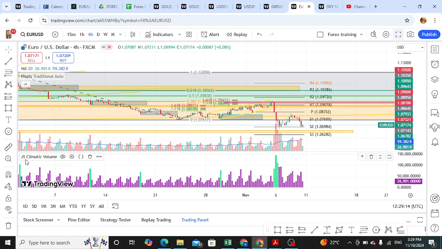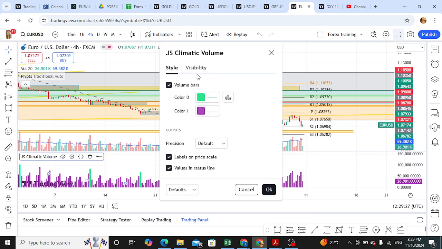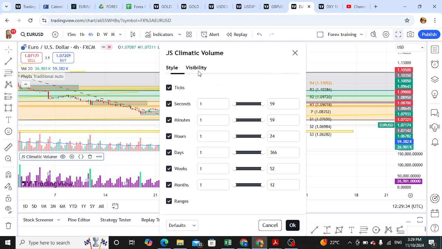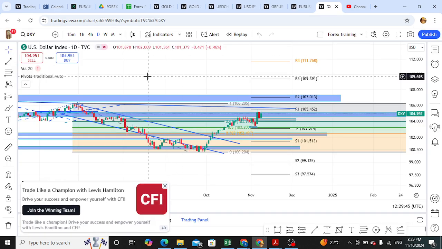The indicator that I use is called GS climatic volume, and I use the default settings. I don't change anything in the settings of this indicator. It has only style and visibility, and there's nothing to change here for me. Okay, that's it. So the first thing I want to say is that many people